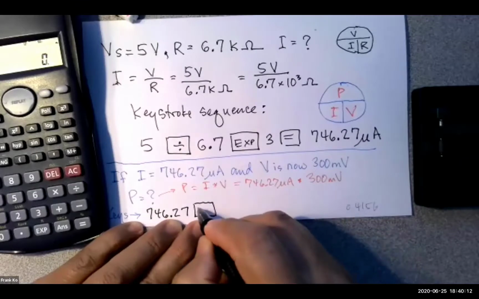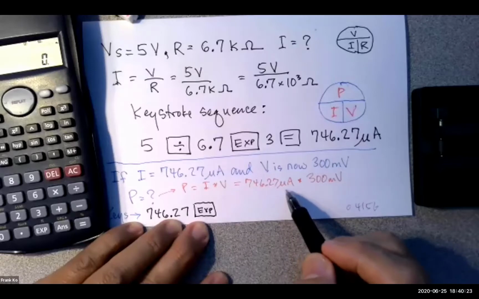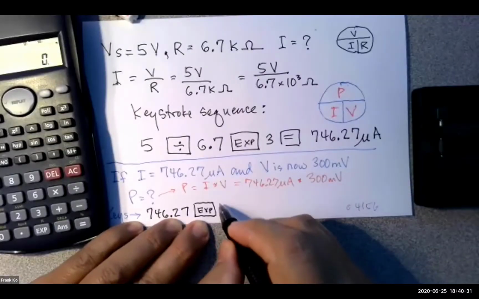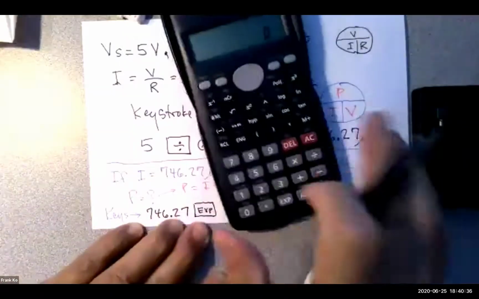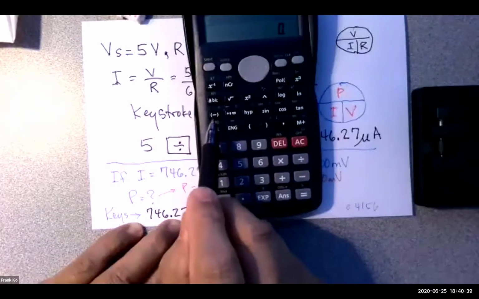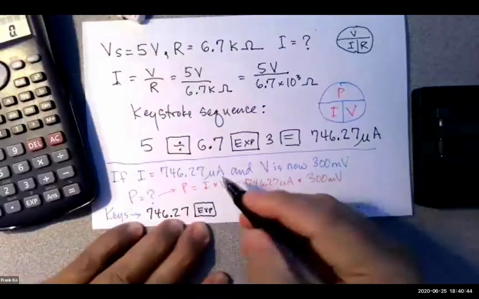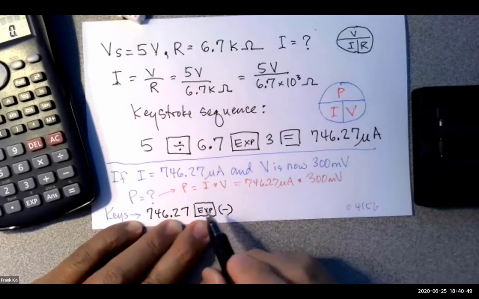What we should have here has to be exponent. Okay, and then micro is what power of 10? If we look on the chart, micro is -6, yes? Milli is -3. Micro is the -6. So how do I key in a negative? I do not use the subtract key on this calculator. We have a change sign key right here. The change sign key is this little minus in parentheses. So it will be exponent